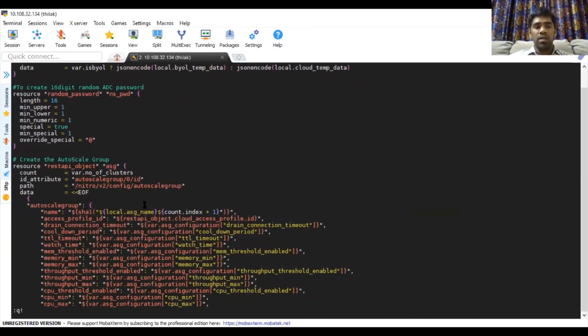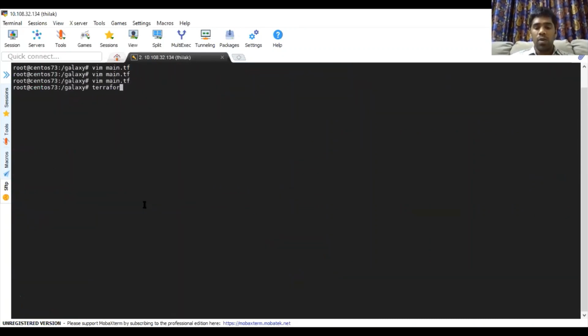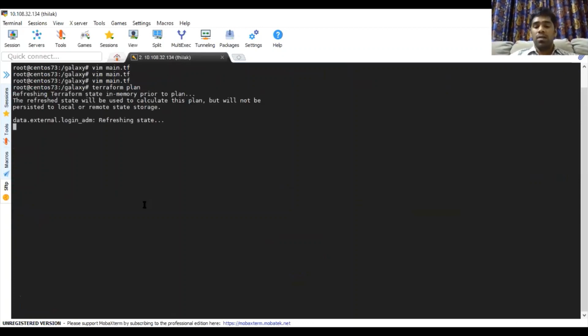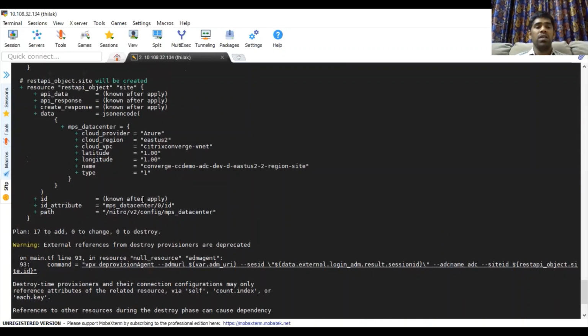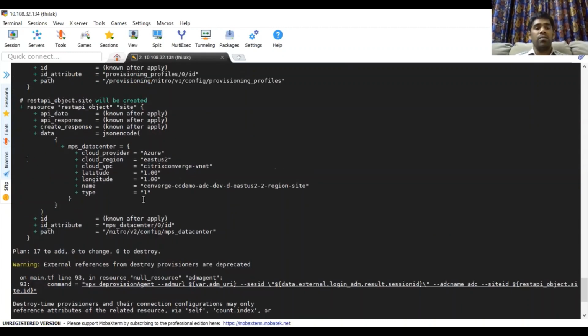Let me quickly show you the Terraform plan. One thing to notice here, all the required variables, all the required secrets for this Terraform are passed as an environment variable to the Terraform. When Guru was explaining in the previous section, he was going through the Jenkins workflow. So Jenkins takes care of passing these required secrets for Terraform as an environment variable, which is actually fetched from the vault, and Jenkins takes care of vault authentication and passing it to Terraform behind the scenes, right?